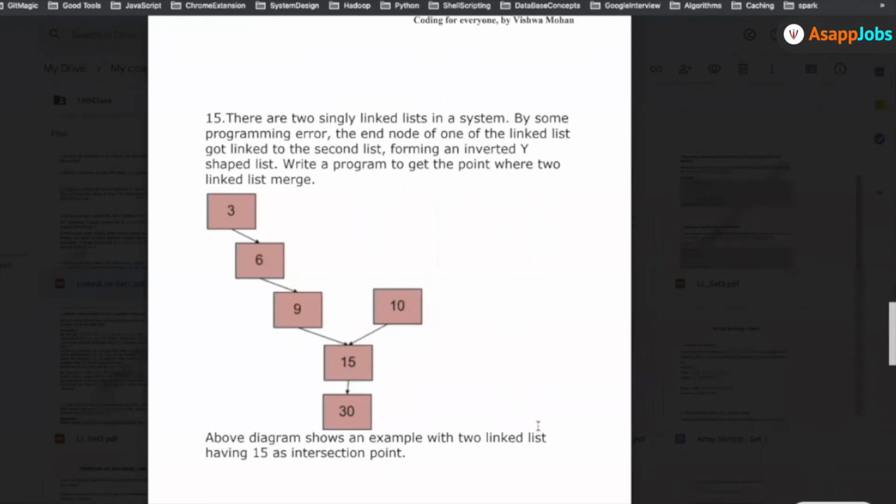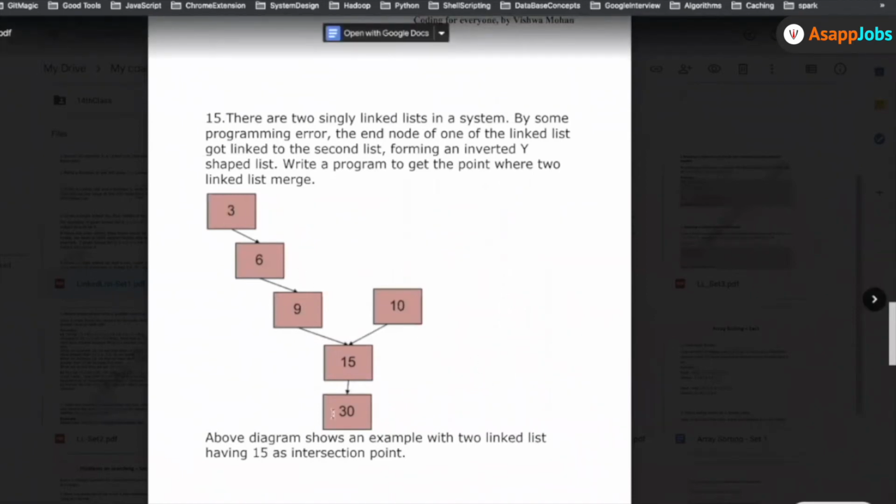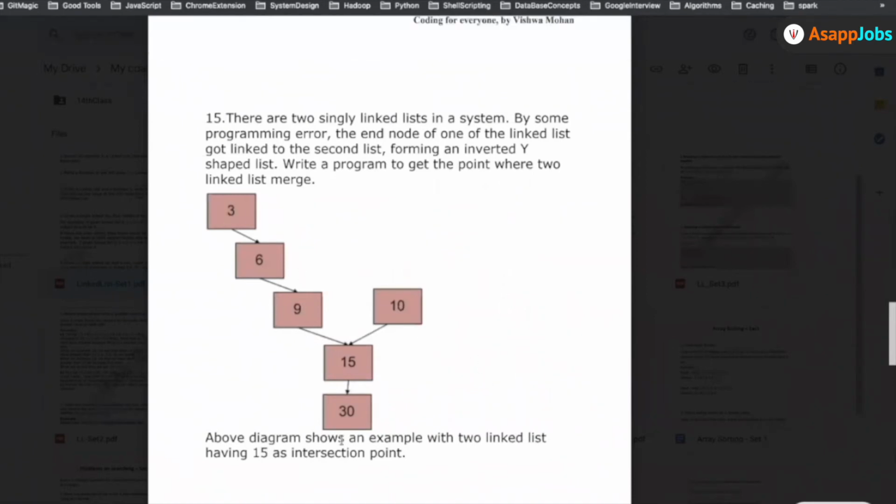So another way of doing is that try to, so you have two heads, right? So first try to find the length from the head one. So for example, if the head is 3, then the length will be 3 to 5. 5 is the length of the linked list. Now in the second case, when the head is 10, the length of the linked list is 3. Right? You find the difference of these two. So 5 minus 3 is 2, right?